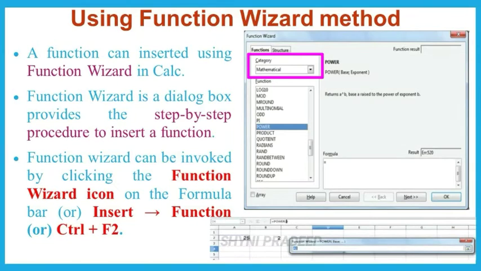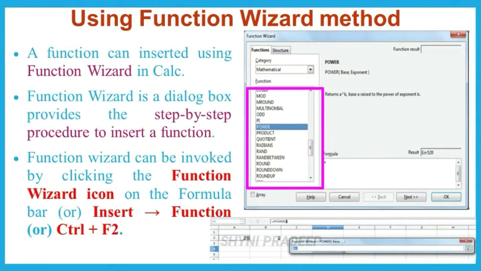If you select any particular category, the function list box shows the functions which belong to the selected category, which means if you are selecting the mathematical category, the mathematical functions will display in the function list box. From that list, you can select the particular function that you want.